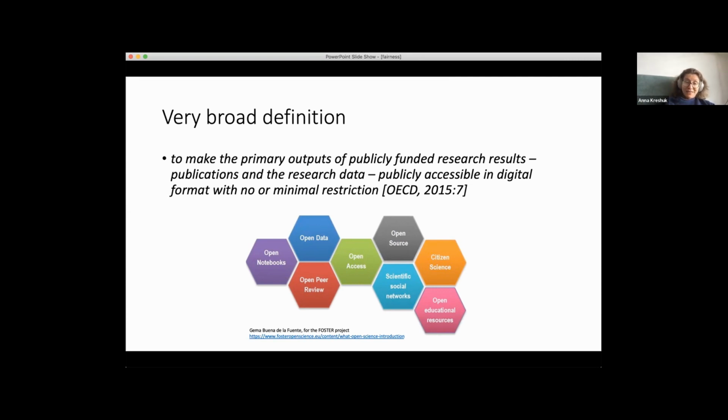And the ones that are really, from my point of view, foundational for everyone who is working in science, is open data and open source. Because in the end, open access you can gain, you can buy, you can find. Citizen science is great to have, very important for society, but maybe not important for your day-to-day work. Scientific social networks are great for impact, but you can work even without them. But without open data and open source, we are kept repeating the same things again and again,